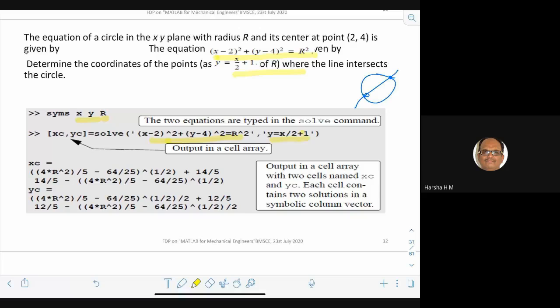So when you say solve for it, automatically you will get